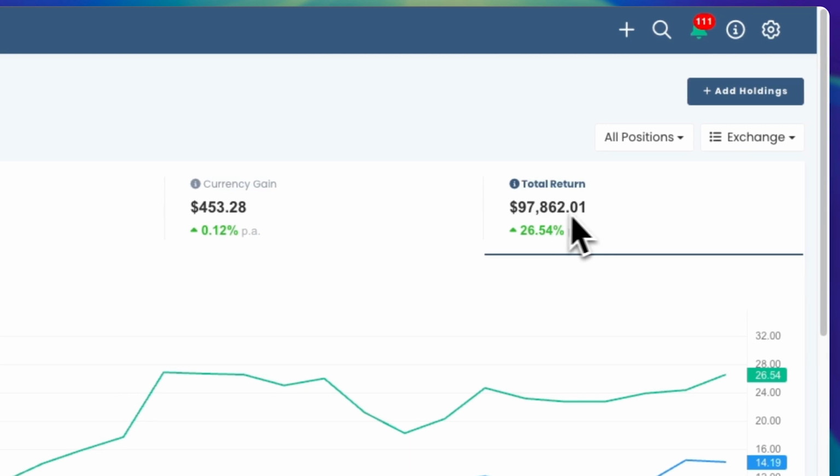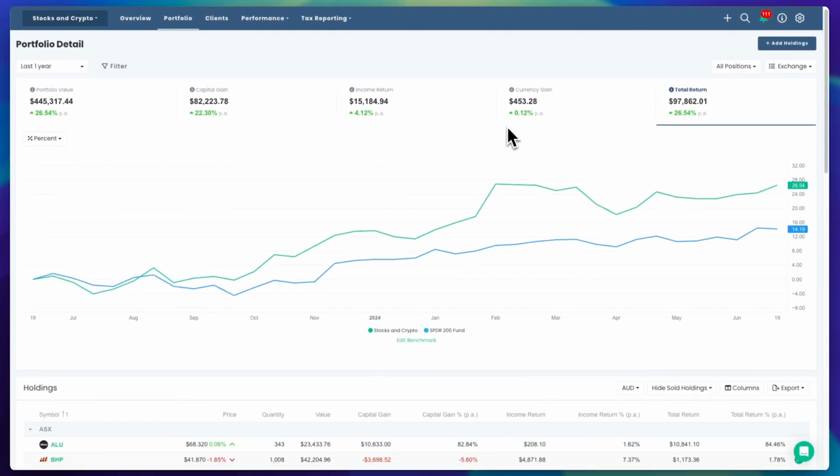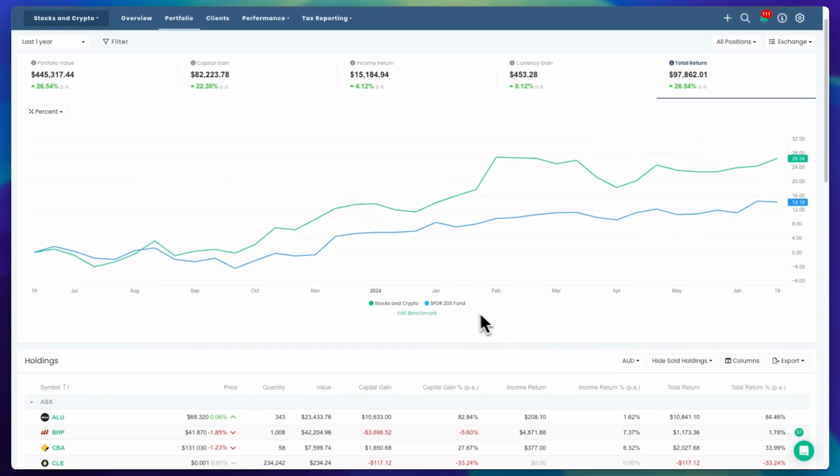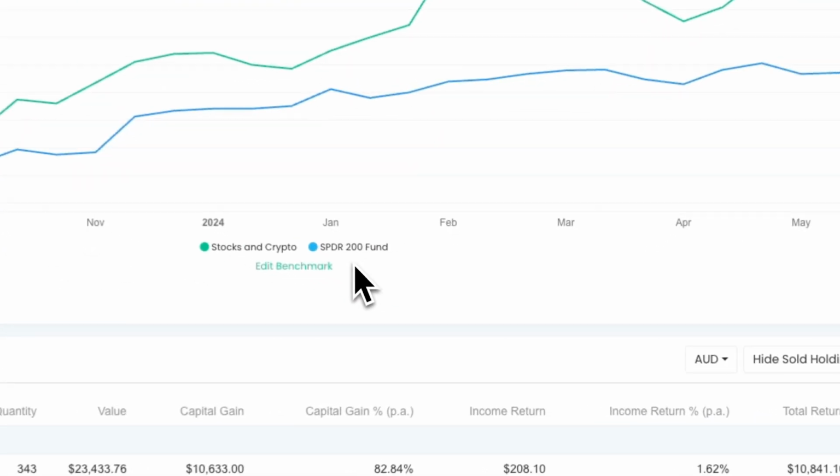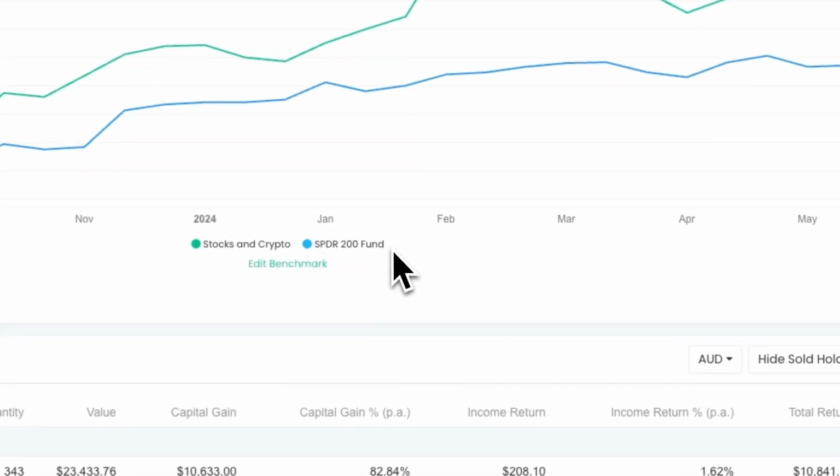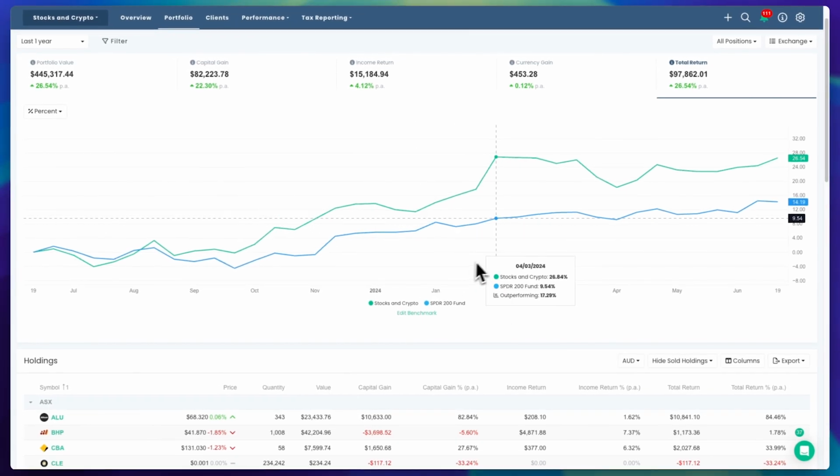Then we wrap that all up to give you a nice total return. We then factor in time by annualizing it, and we give you a very accurate return figure. Underneath here, you can see we can benchmark our performance against anything we like. So in this case, an ASX 200 ETF, and you can see over time how our green portfolio is comparing